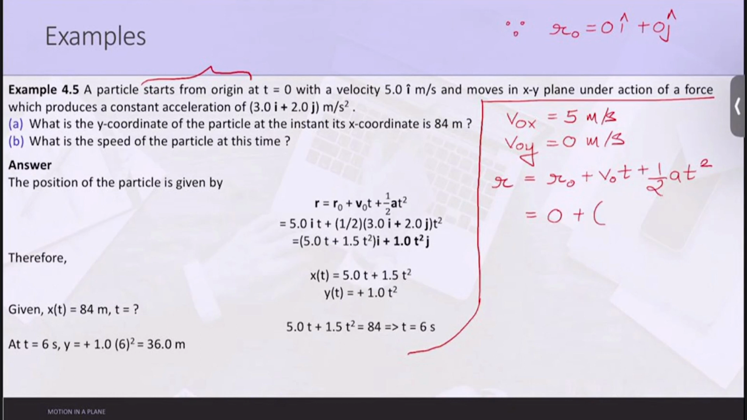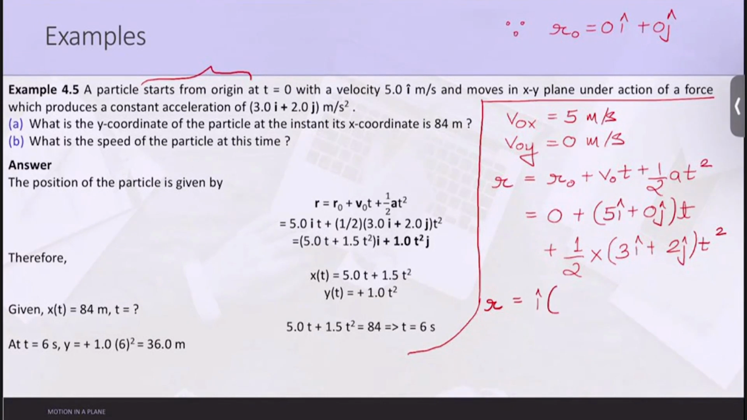Initial velocity is 5 i cap plus 0 j cap, multiplied by t, plus half into the acceleration. What is the acceleration value given to you in the question? It is 3 i cap plus 2 j cap, into t square. Okay. Now just do some mathematical formulations and then we will get r is nothing but equal to i cap